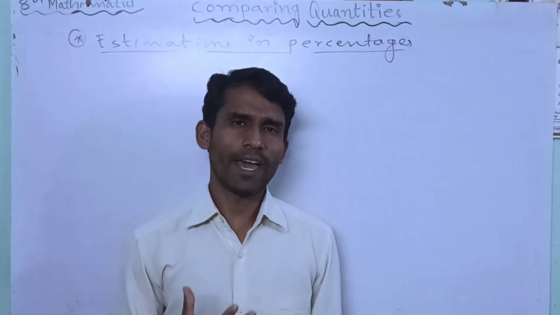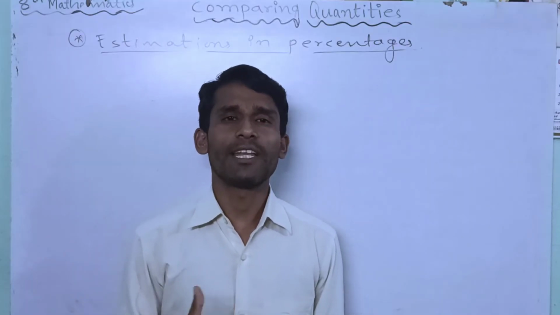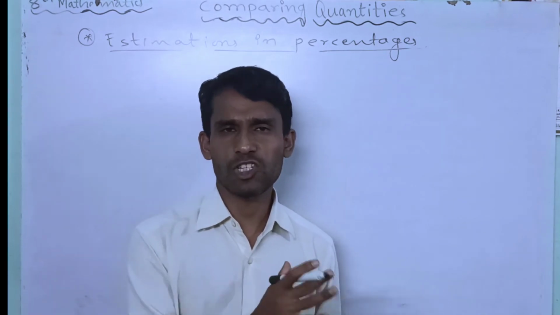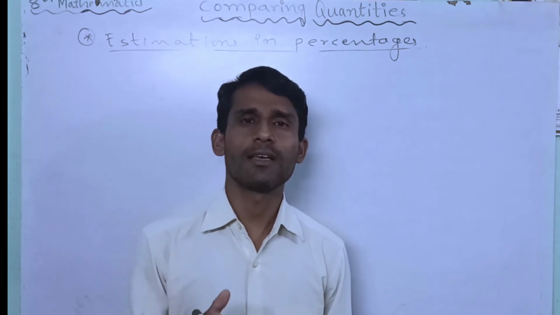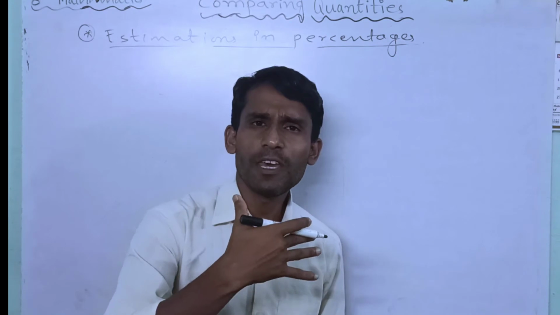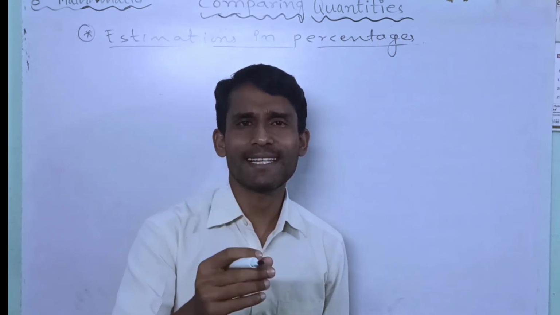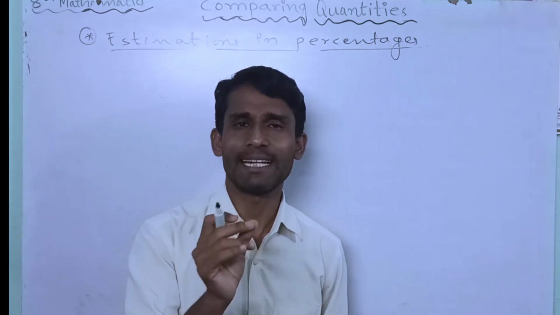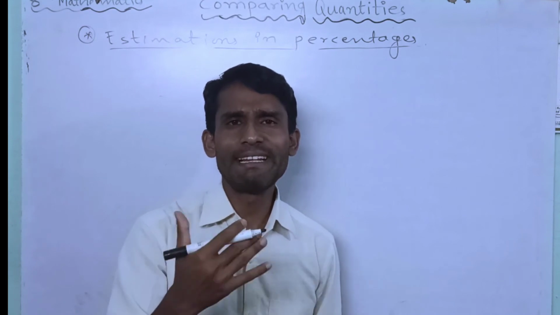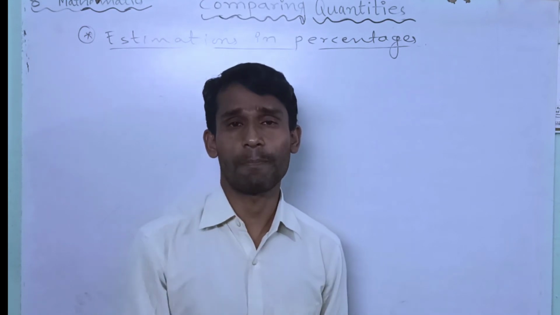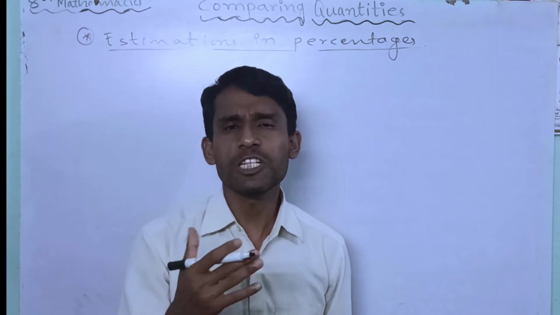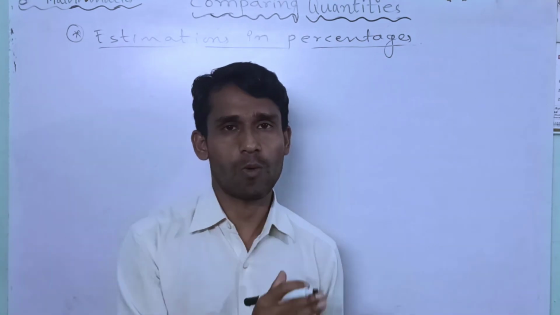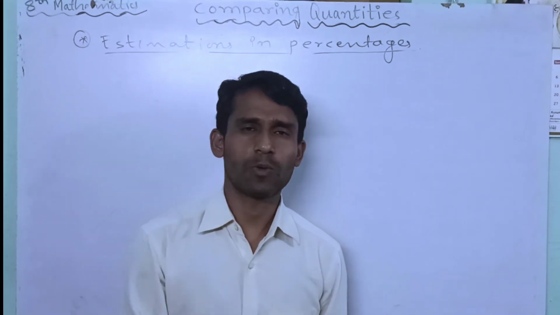Friend, for example, when you are going to the shop and buying any items or goods, your bill in the shop is 577 rupees 80 paisa. If the shopkeeper is giving you a 15% discount, how will you find how much we have to pay to the shop? Dear students, how would you estimate the amount we have to pay after reducing the discount? This is the point we have to find out here.